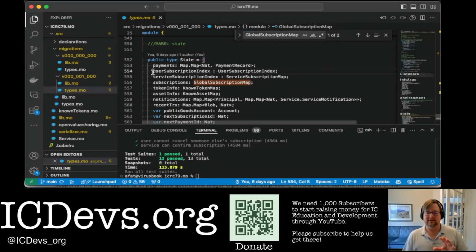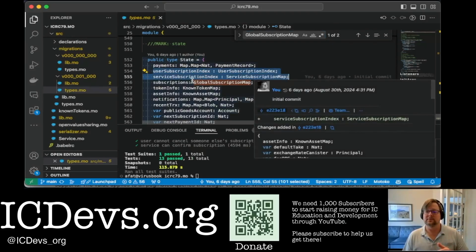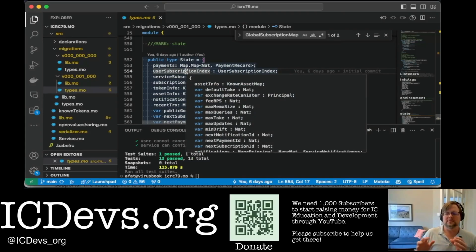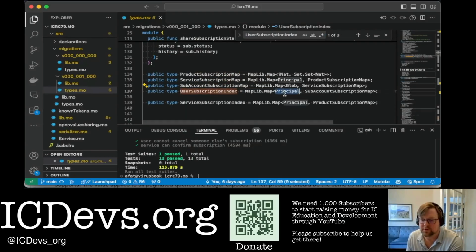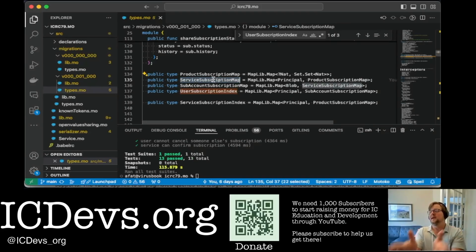And then we have a couple indexes, right? So we have the user subscription index and the service subscription index. What this allows you to do is, given a user, I can then go down by sub account into another map. So there's a user subscription, which is a principal to a sub account. Then we map from the sub account to a service subscription. Then we can look up by service. So if inside the service you subscribe to Netflix and to Disney Plus and to Apple, those would all be under your index, but separated out by different services, because those services would each have